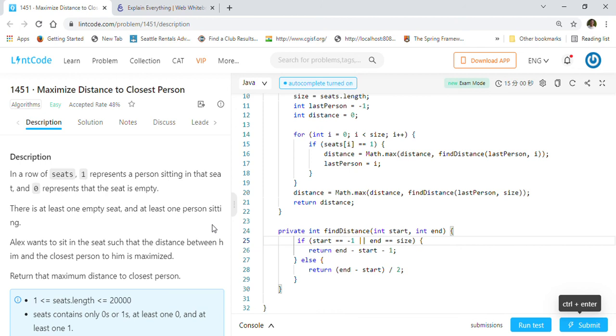So make sure you practice them, and when you are practicing, please do not use the editor, because many times in the online test there is no editor, so you have to handwrite the code. So make sure you can handwrite the Java code without any kind of editor, okay?